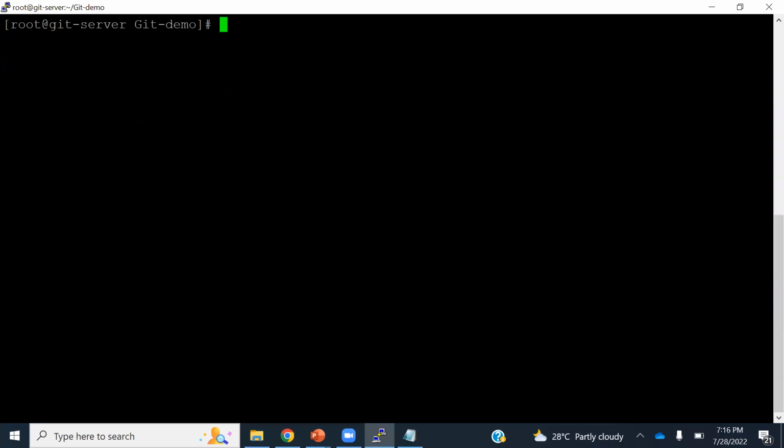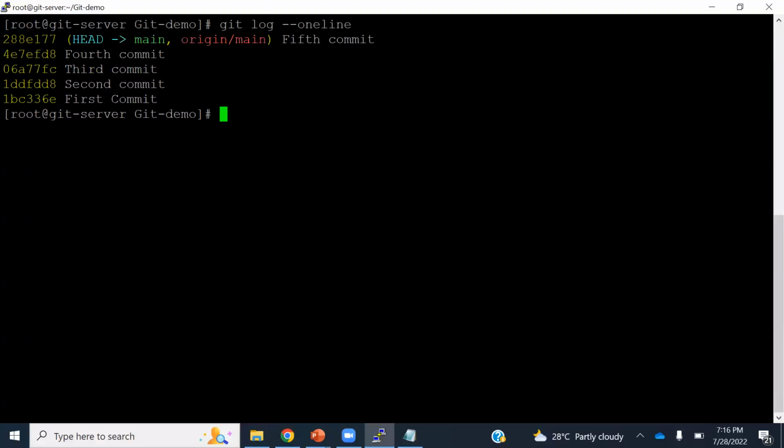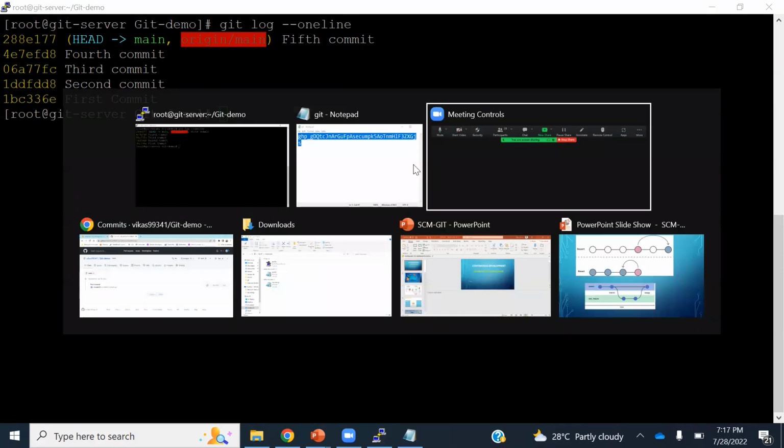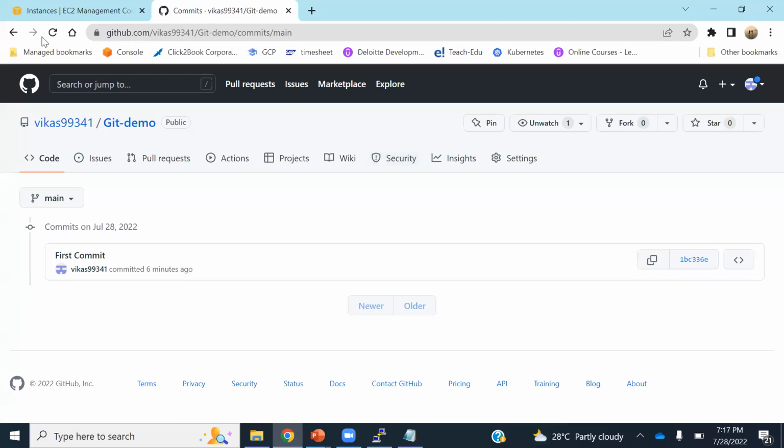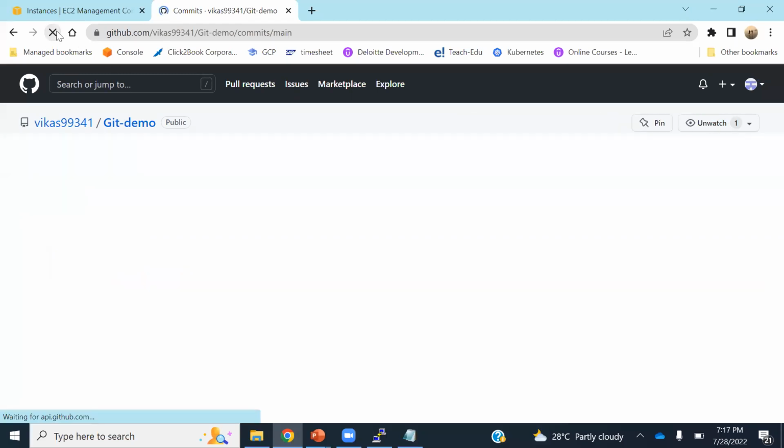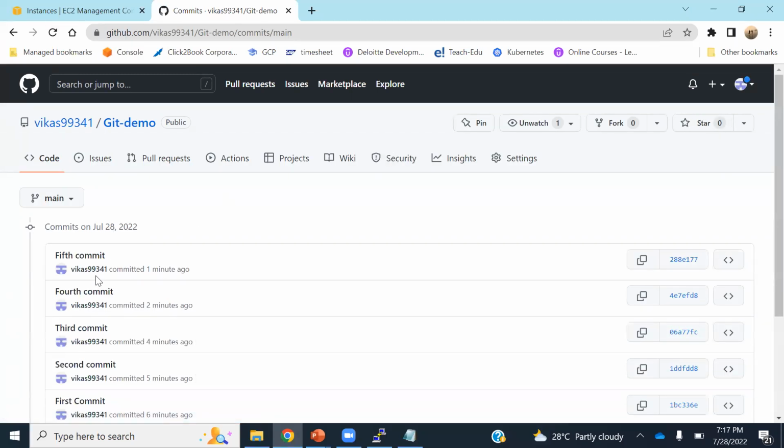Okay, so this is what I'm trying to do. This is what I have done right now. I have a new repository named Git demo, and I have made the code changes 5 times. You can see the head is pointing to the 5th commit, and also the origin is pointing to the 5th commit. So if I go here and just refresh this, I can see I have 5 commits, 1 minute, 2 minutes, 4 minutes, 5 minutes ago. And this is my latest commit,